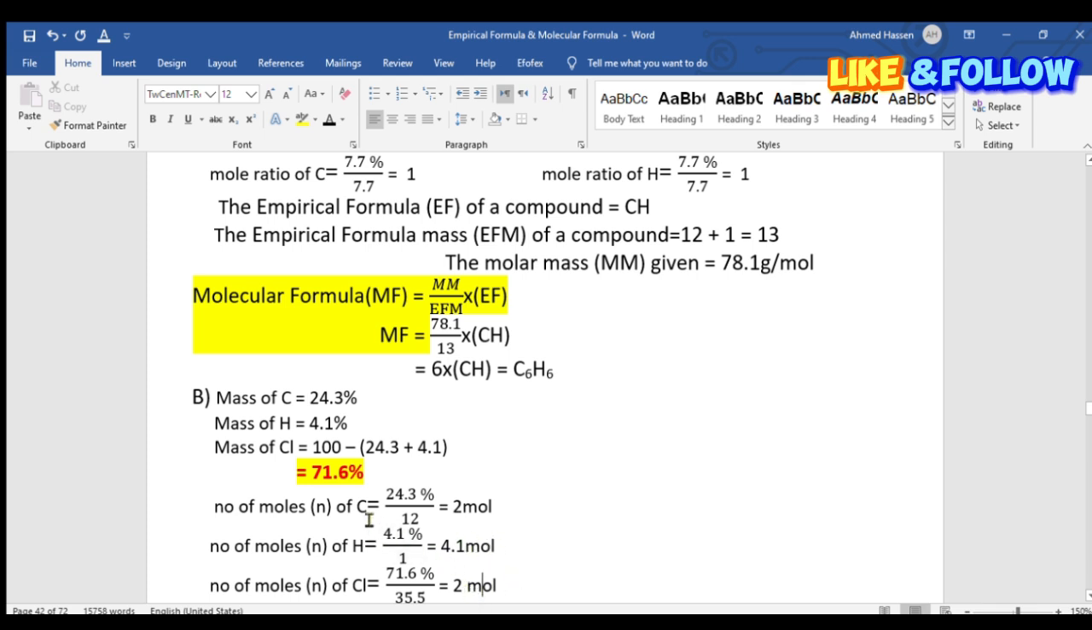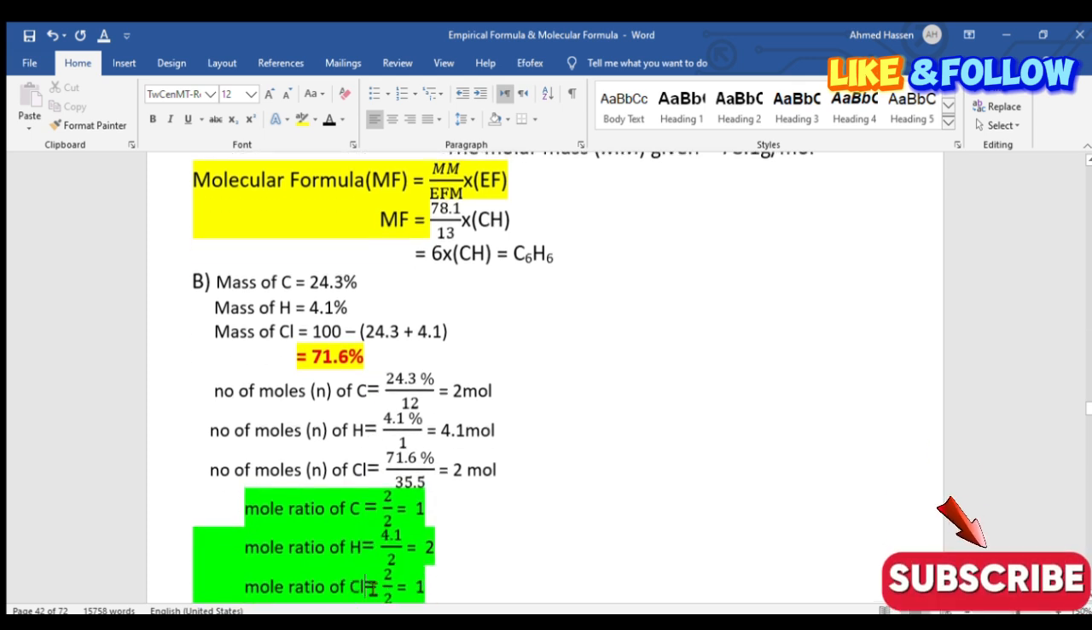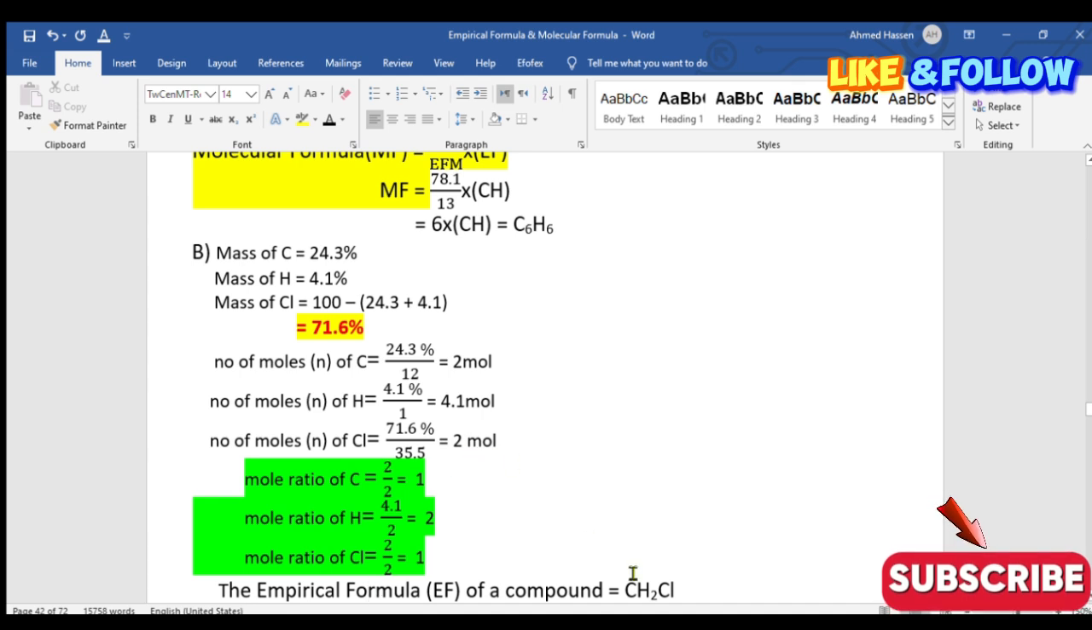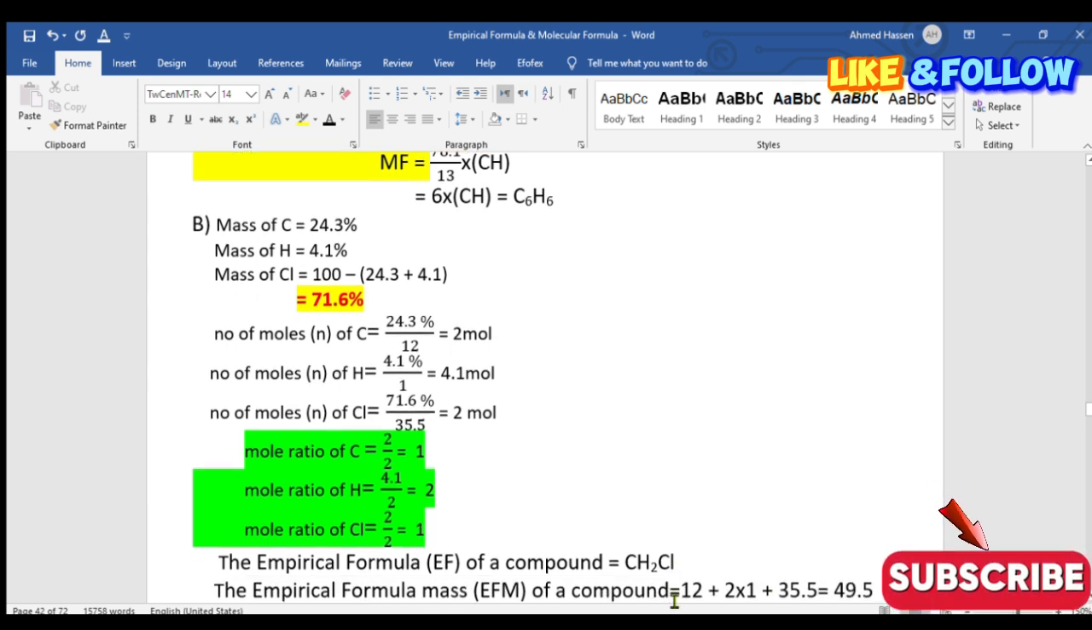Therefore, the formula should be CH2Cl, the empirical formula of the compound, because the mole ratio is 1 to 2 to 1. Then the empirical formula mass is 1 carbon, 2 hydrogen, and 1 chlorine. That means 12 plus 2 plus 35.5